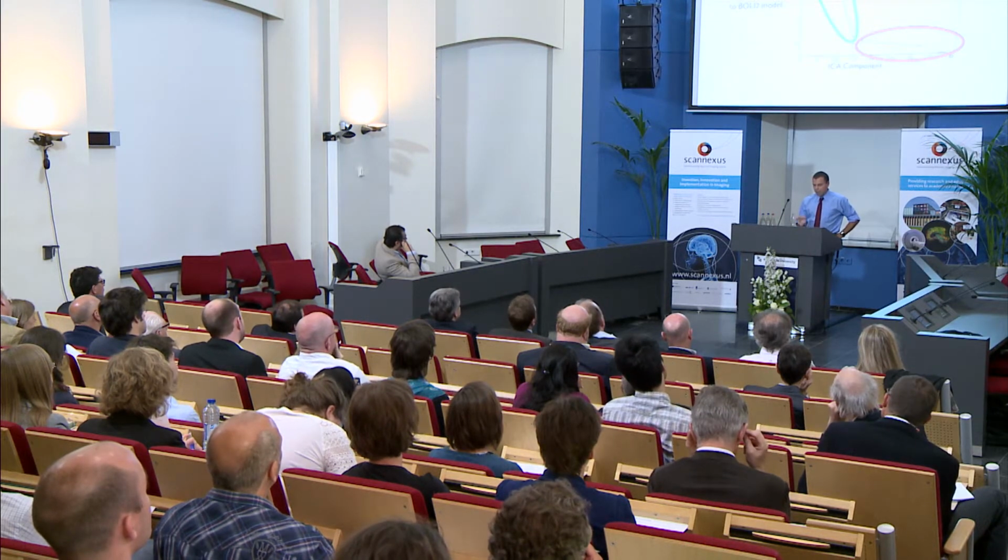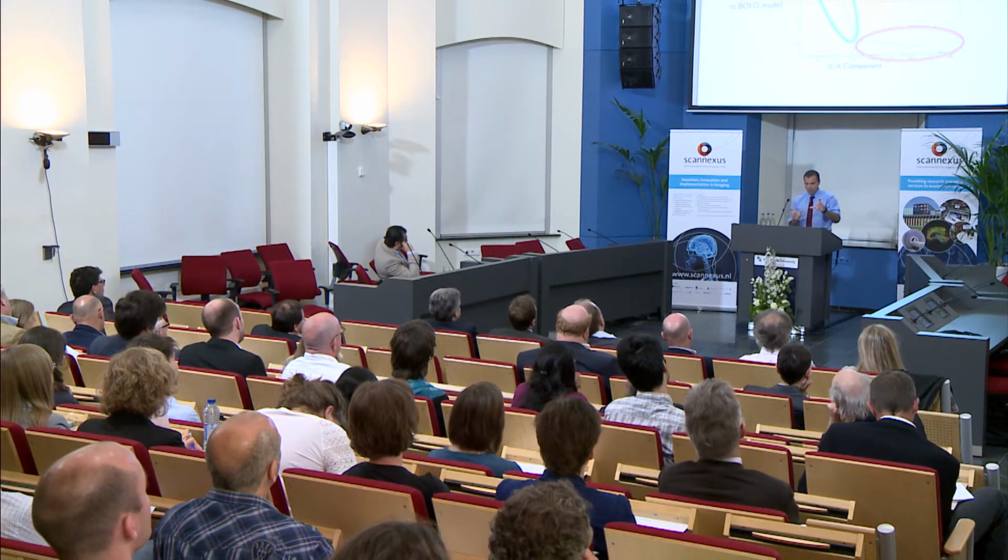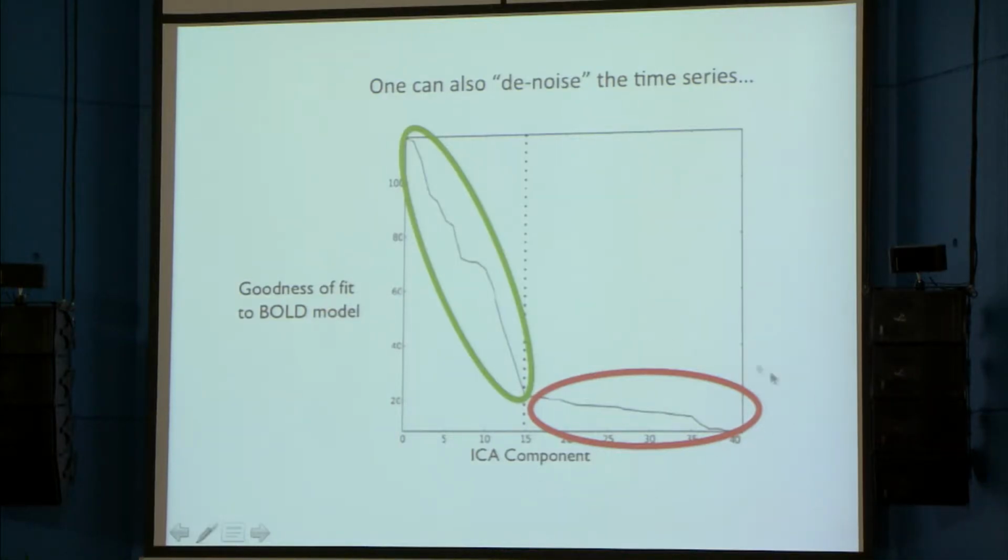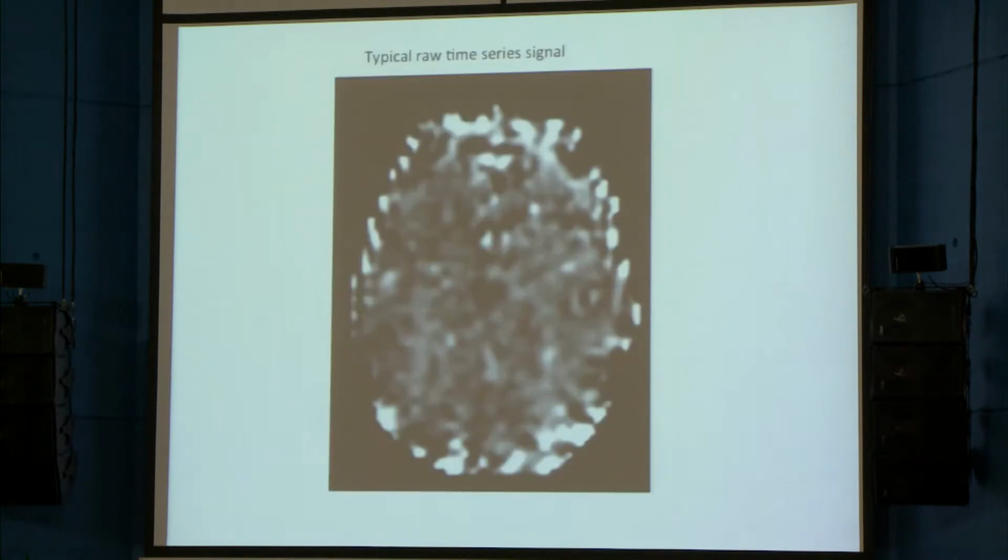Okay. There's one other thing we can do with our time series, with our clusters. Instead of just selecting the good ICA components, we can use these bad components as regressors to regress out the signal, to clean up the time series, if we want to stay with the time series to look at. And this actually, to me, was pretty recent and pretty eye-opening.